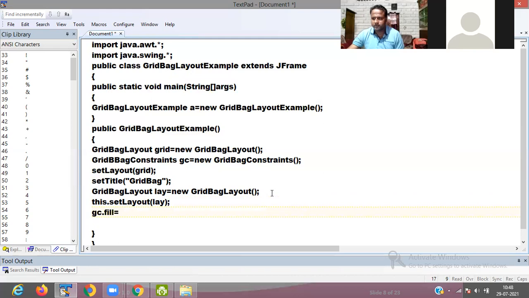The fill method is used to set a property of the grid bag.